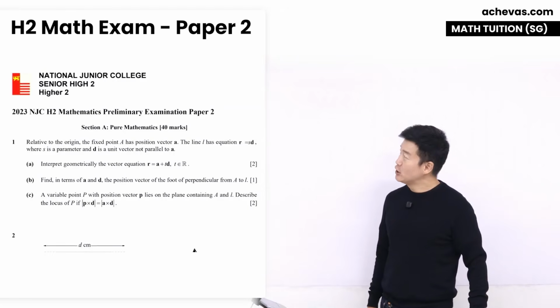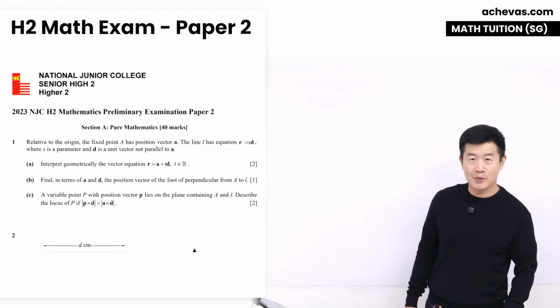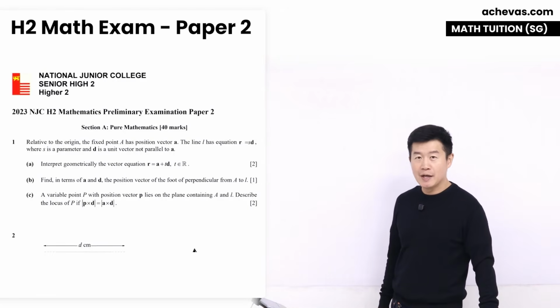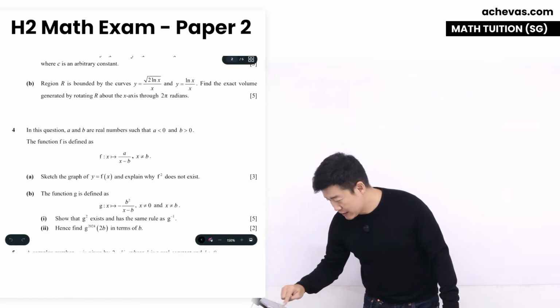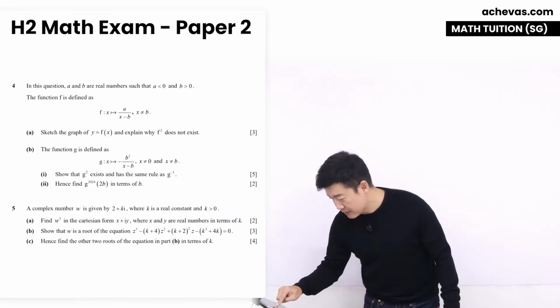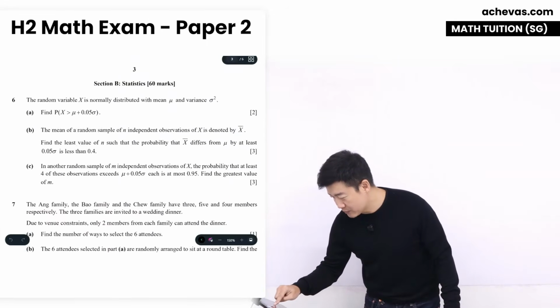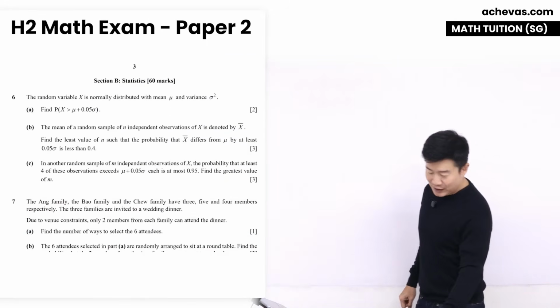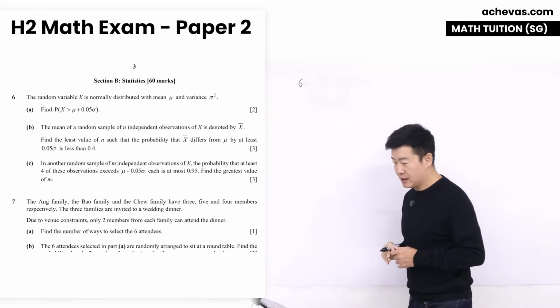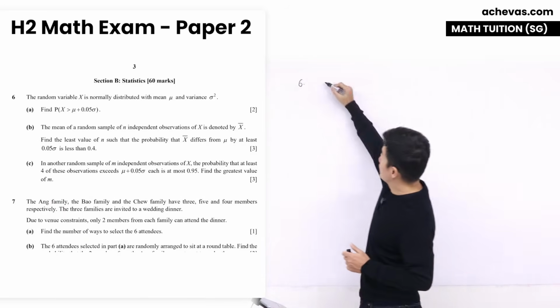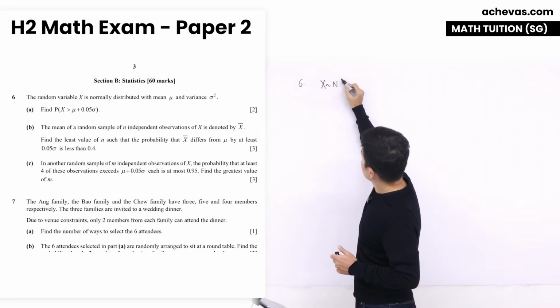Let's work on NJC 2023 Prelim Paper 2, and more specifically, let's take a look at the statistics portion of this paper. So let's go to section B. Section B, here we go. So in section B, question number 6, we are given X as one that follows a normal distribution with